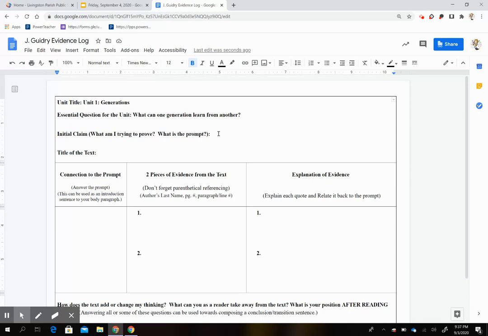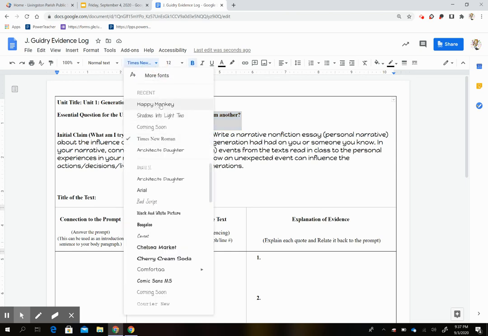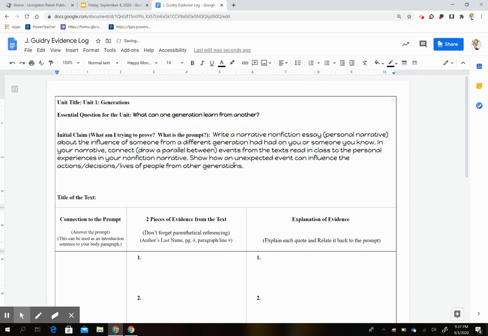What is my prompt? Your writing prompt is actually a little bit lengthy for this one, so I went ahead and copied and pasted it. Here's what it says. You're going to write a narrative nonfiction essay. Notice that I put personal narrative in quotation marks because that's the one you're going to use, or another word for a nonfiction narrative, about the influence of someone from a different generation has had on you